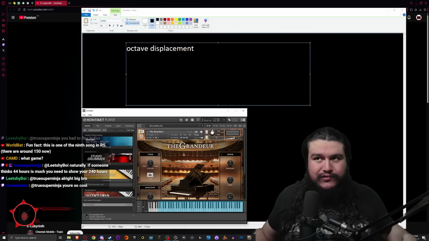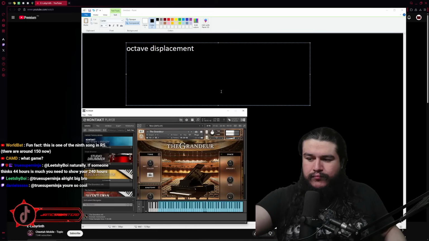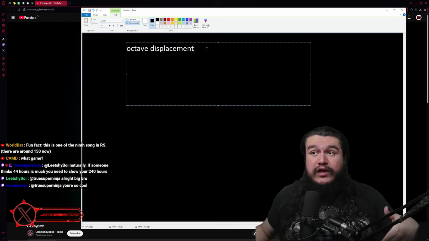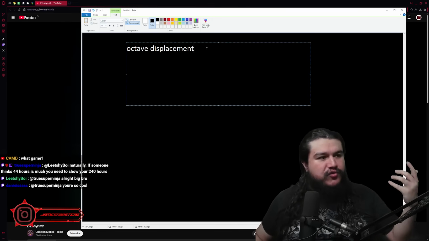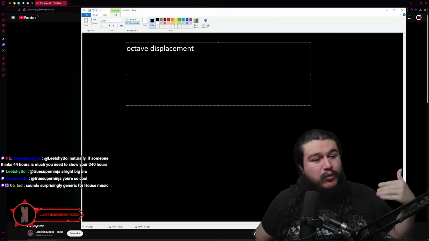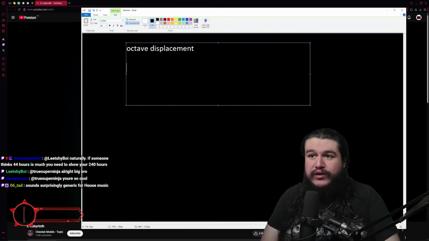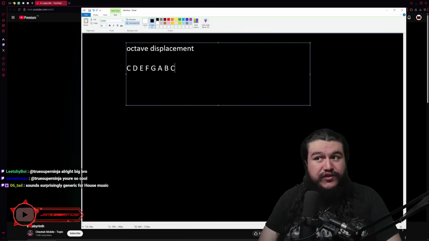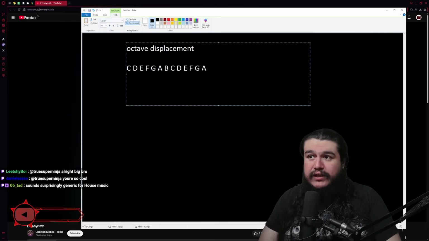Like, we have scales. And the scale of C major is going to be 7 notes plus octave. The reason why it's called an octave is that your scales are usually going to be 7 notes, and when you reach the 8th note, you're going to repeat whatever note you had. So, we have C, D, E, F, G, A, B. This is going to be the 7 notes of C major, and then the octave would be C again. So, let me add a couple of